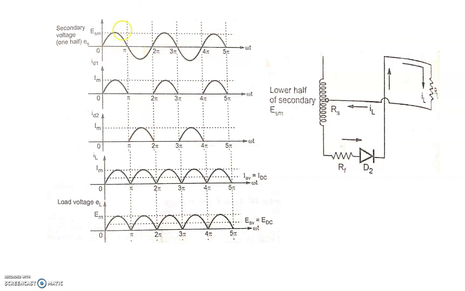Now if you combine the negative as well as positive half cycles, then the output of this rectifier will look like this. So in this way, if we apply the sine wave as the input of the rectifier circuit, we will get this kind of output. This is the pulsating DC, which contains both AC as well as DC components.